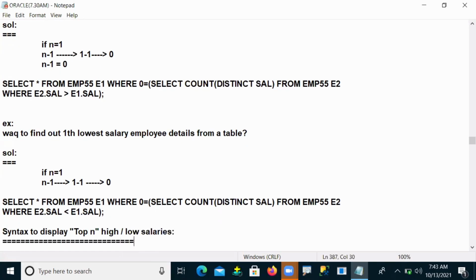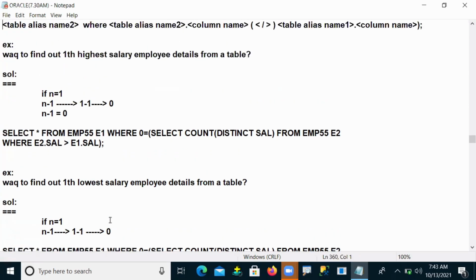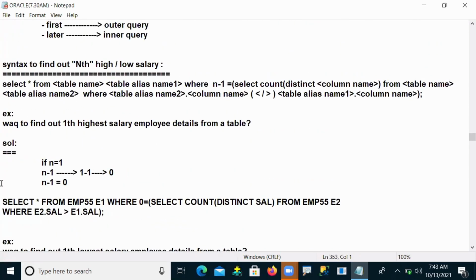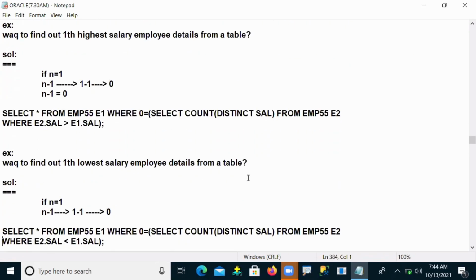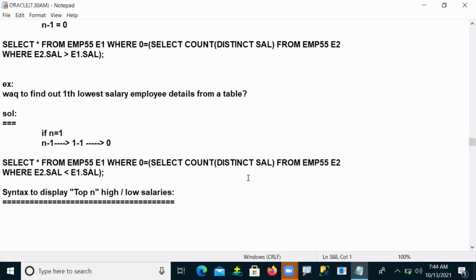Suppose you need to find the top n highest salaries or top n lowest salaries, we can use a correlated subquery. The formula is the same, but the logic will be changed here. The syntax is almost the same, but the logic will change a little bit.